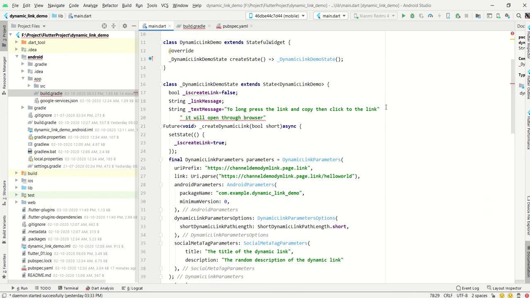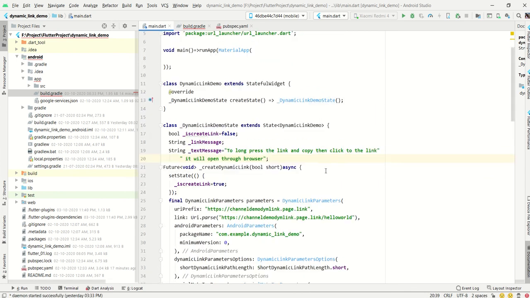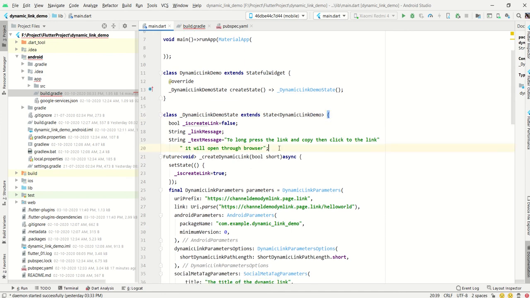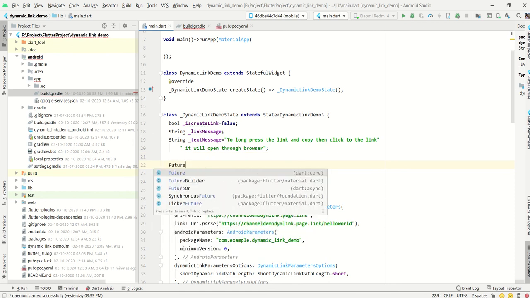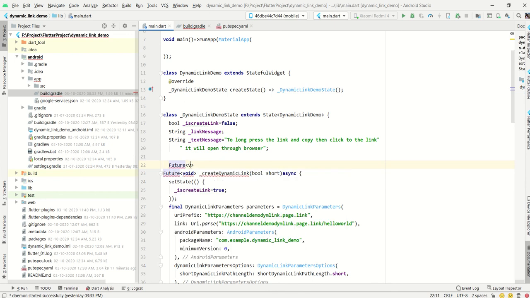Semicolon there. Whenever the app clicks that link, the user should get to know that this thing is happening. So for that reason we have to make one function that we just created, Future, and I will write initial check.